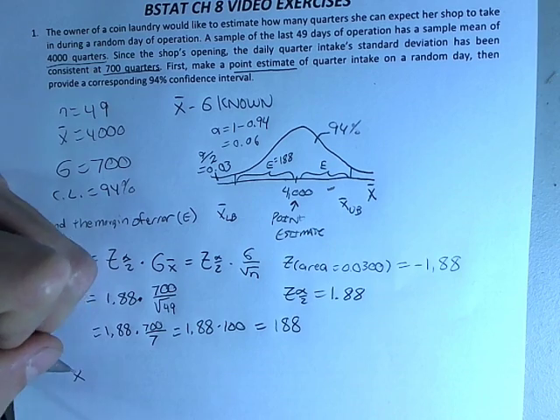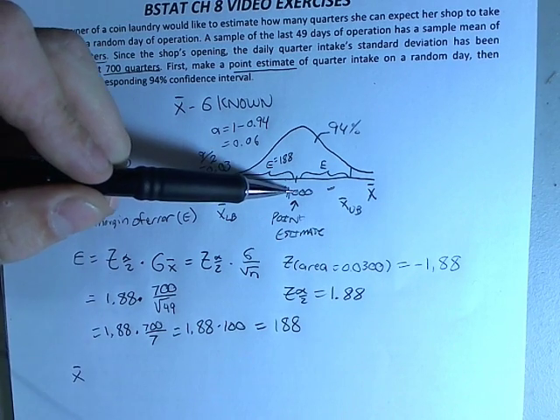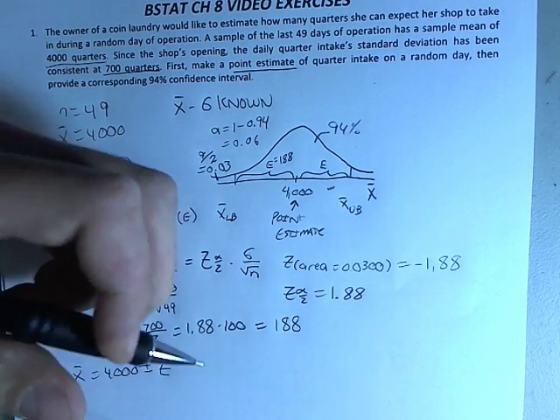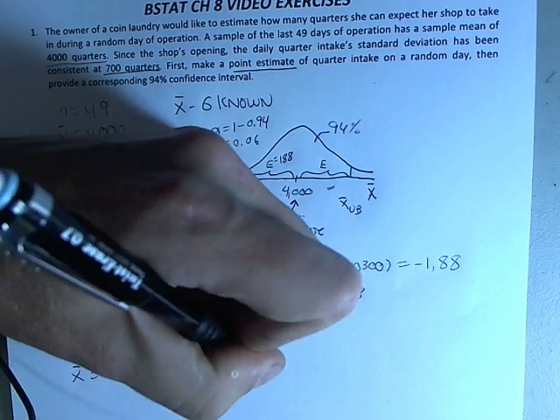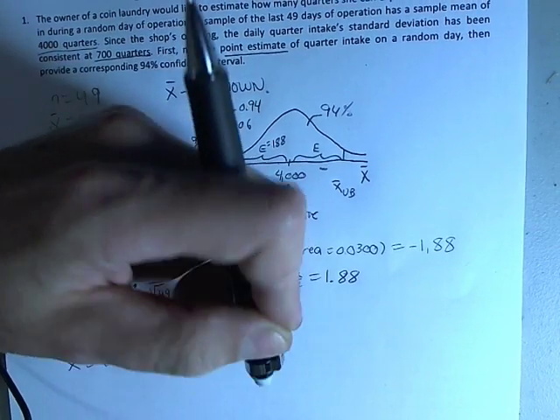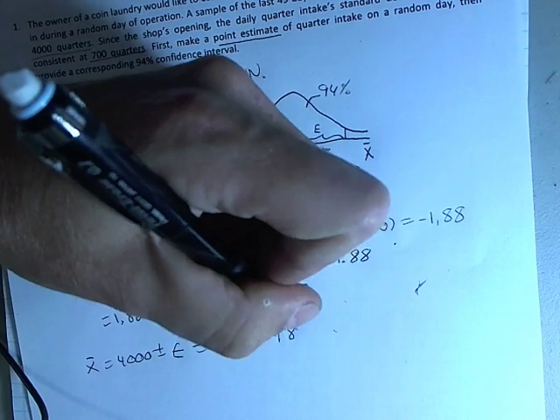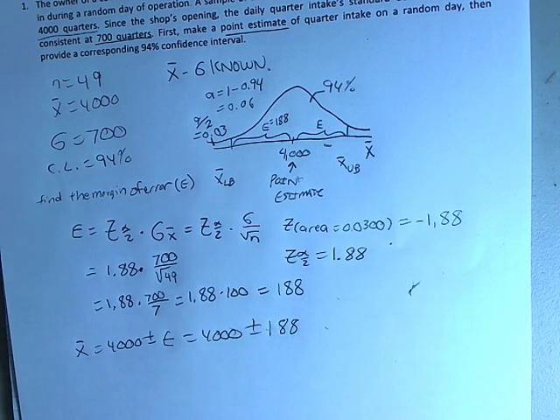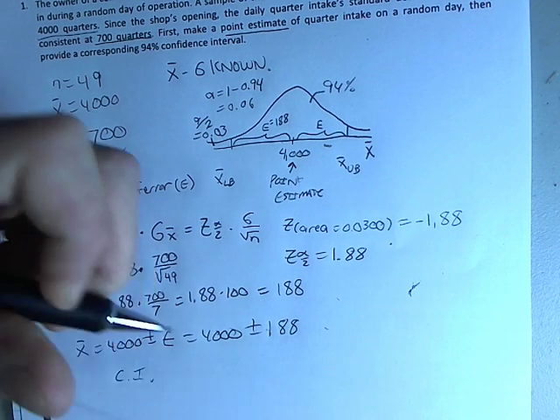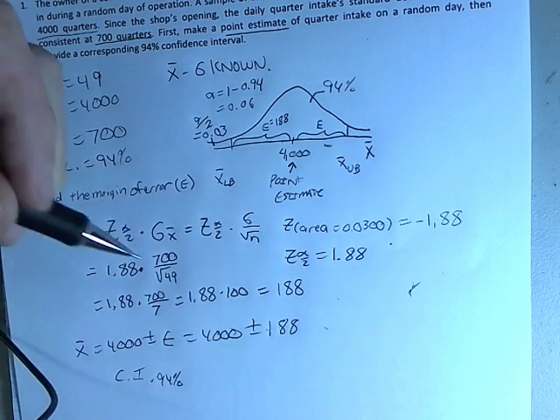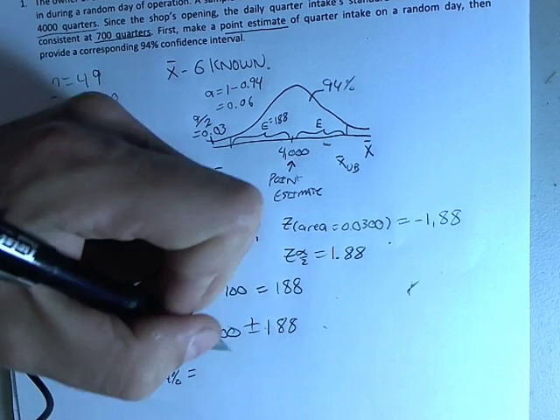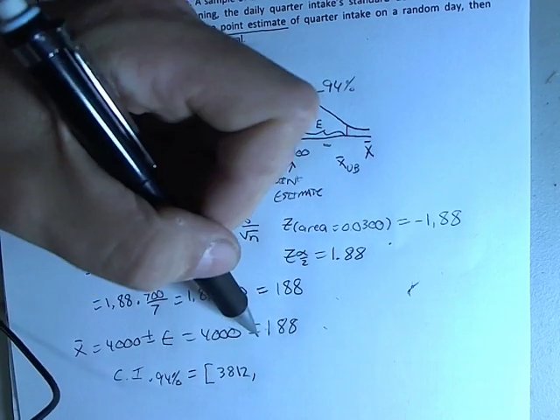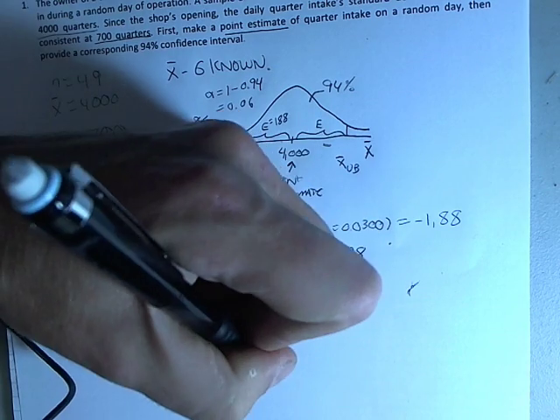So step 2 of the process is to take our sample mean, 4,000, and then add and subtract that margin of error. So 4,000 plus or minus, and that of course would always be positive, plus or minus 188, and we'll go ahead and finish this problem out by saying that the 94% confidence interval is 4,000 minus 188, or 3,812, through 4,000 plus 188, or